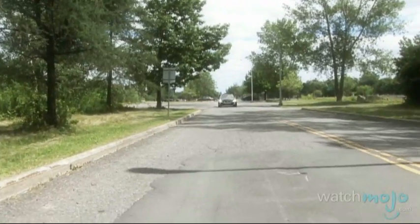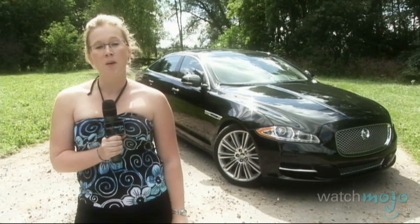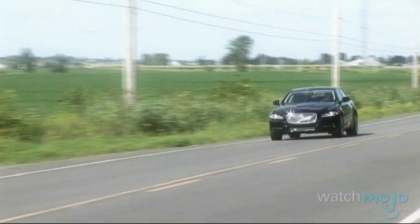If it's possible to fall in love with a car, then I'm head over heels. Hi, I'm Miranda Lightstone with WatchMojo.com, and today we're going to take a ride in the brand new Jaguar XJL